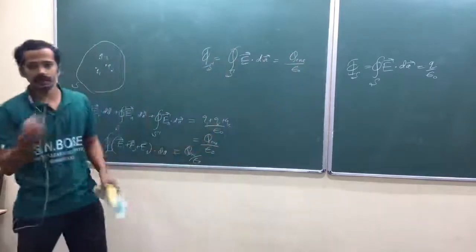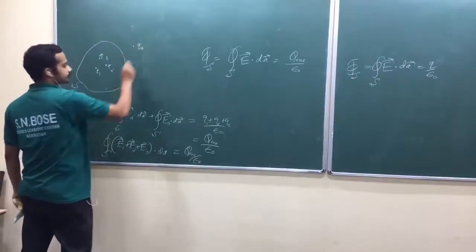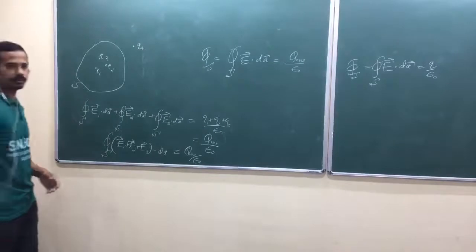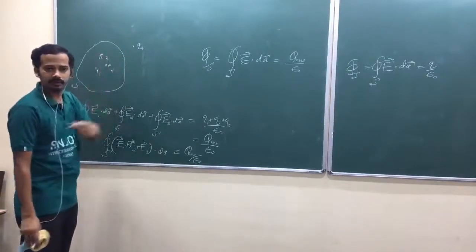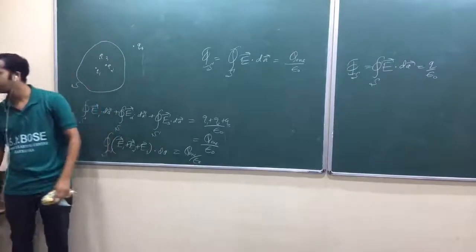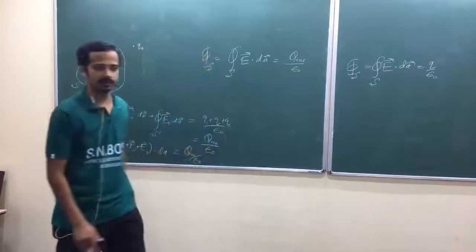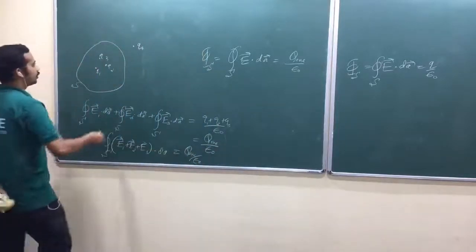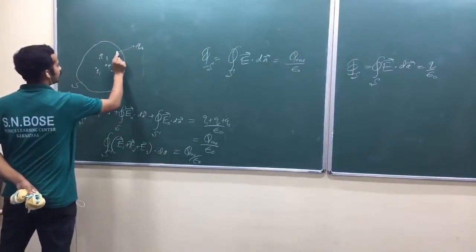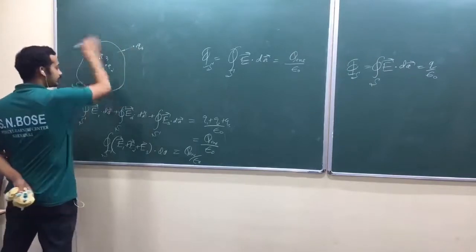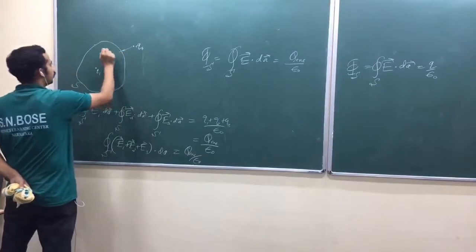Wait a second, why are we not taking charge outside? Am I right? Again, let me take Q4 outside. Our superposition principle says that while taking this charge, you can assume there is no effect of the other charges. What was that principle? Interaction between any two charges is unaffected by the others, isn't it? So suppose it is a positive charge. Its field will go inside this closed surface at one point of the surface, and it will go out from another point.